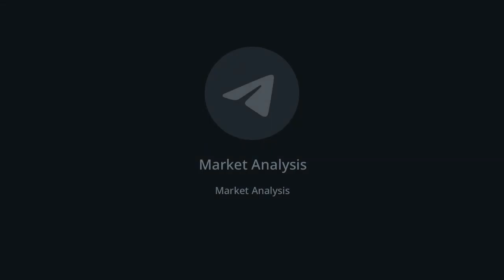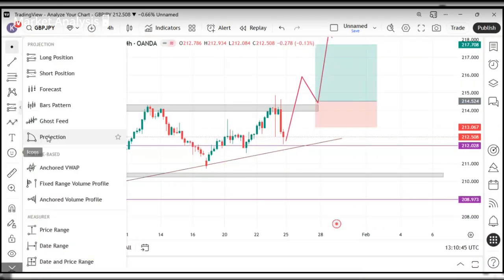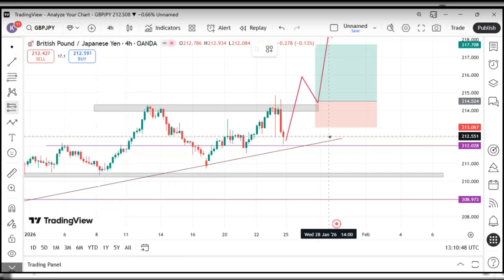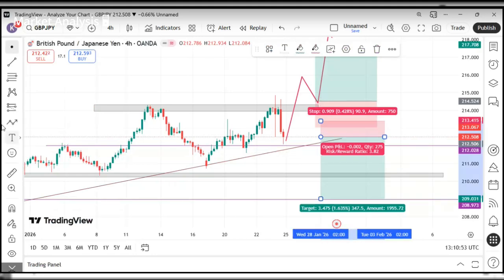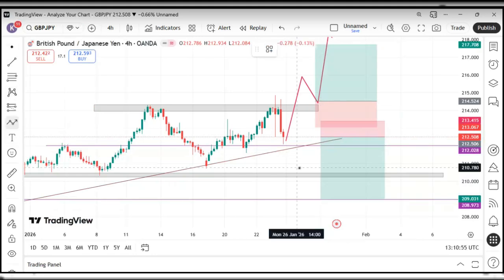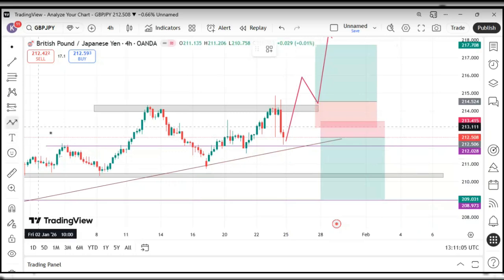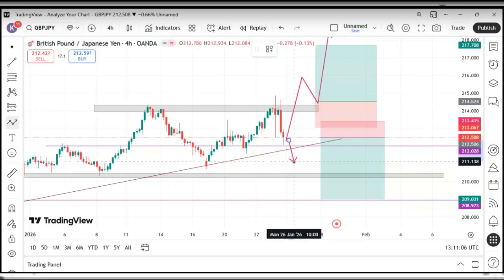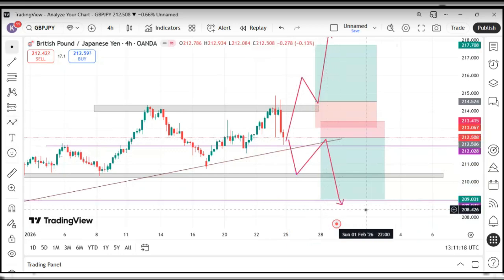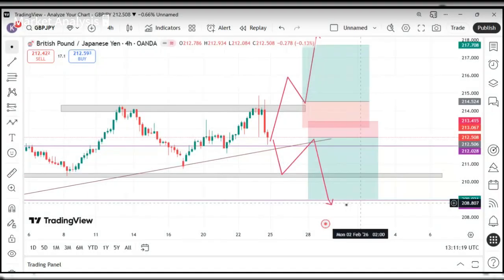But at the same time, if it decides to break this level, it may come back for a retest here. These are the possible scenarios that can happen on